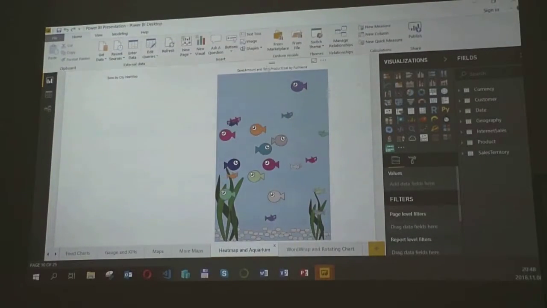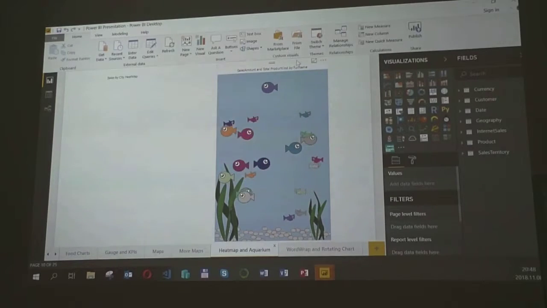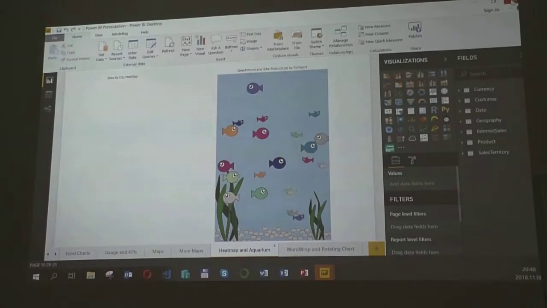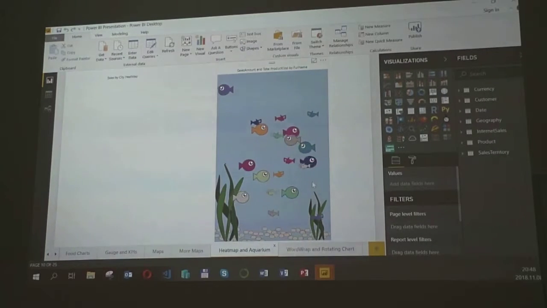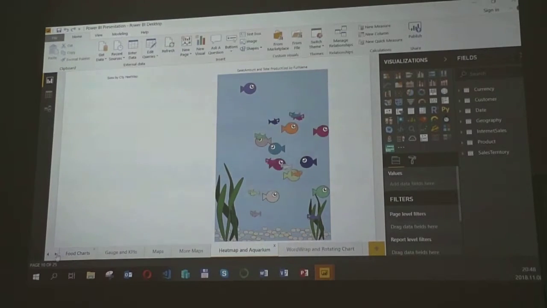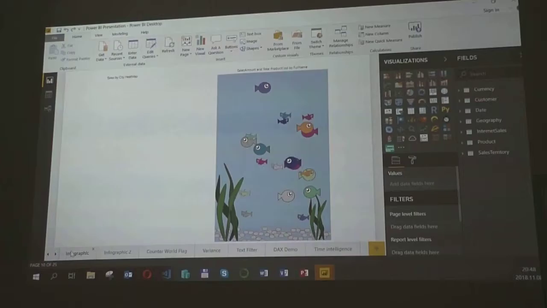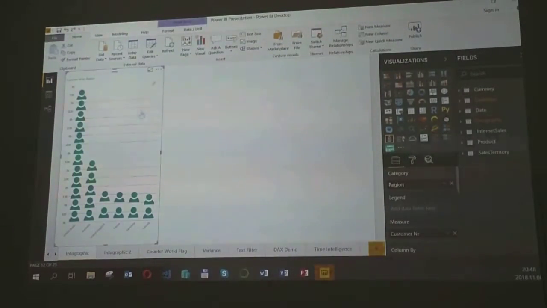Yes, and it has some funny visualizations which are not very useful. So I always leave the not useful types at the end of the line, like this infographic. And I will always tell my customers not to use this because they can waste about 1 hour trying to create this, and they shouldn't start.